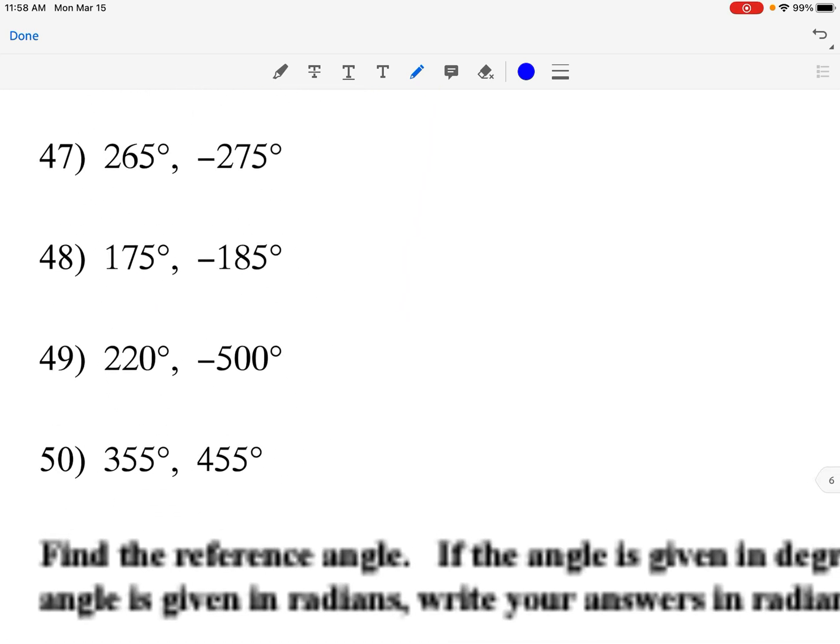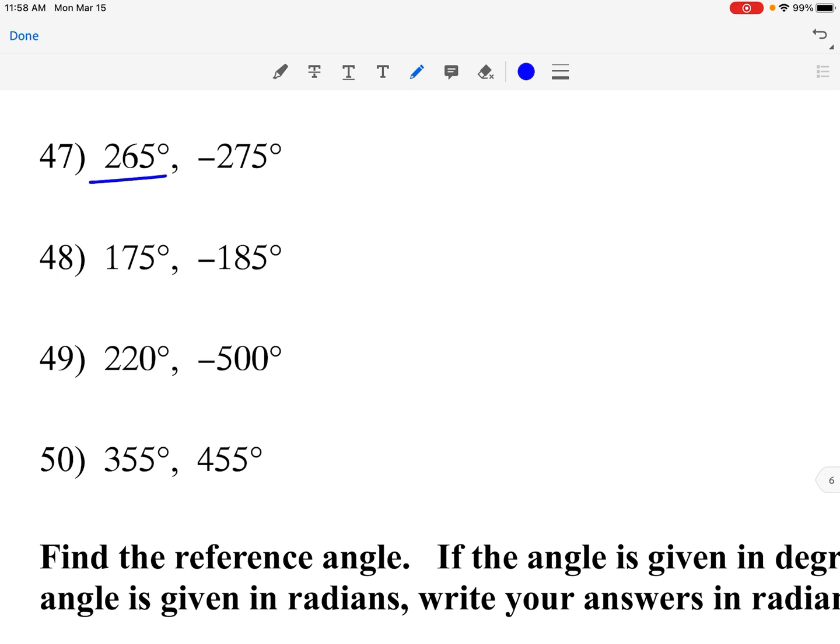Looking at degrees again, if I start at 265, how do I figure out if this is a coterminal angle? Either you're going to add 360 or minus 360. In this case, since I'm going negative, let's see if minusing 360 gets me anywhere. 265 minus 360 gives me negative 95. If I minus 360 again, I think it's going to be too big. So this one is a no, because once I start minusing 360, I never end up right here. So coterminal angles: add and subtract a full